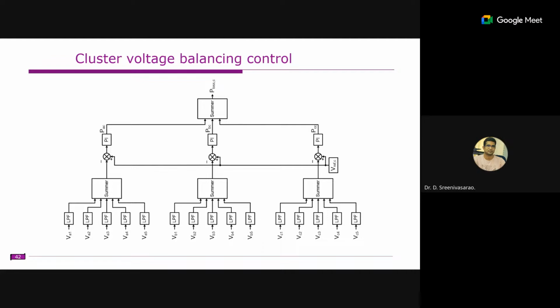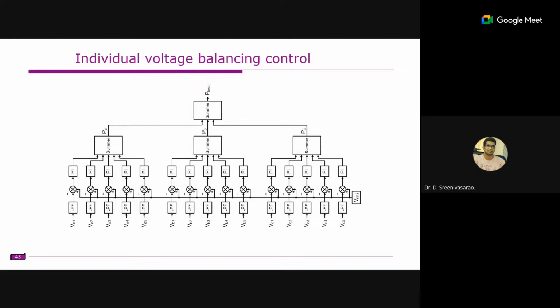If you see this, this is the cluster voltage balancing. You are measuring all the voltages. Generally, a low pass filter is required for these capacitor voltages. We add all these and compare with a common reference. This is for A phase, B phase, and C phase, and we obtain some loss component. Depending on what kind of PWM method you incorporate, this loss component may be a power, or sometimes it may be in voltage form. If you are using voltage control PWM methods, it is in the form of voltage.